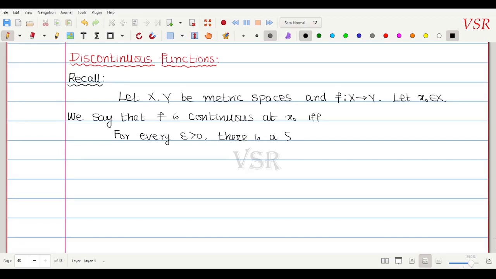This delta depends upon your x naught as well as your epsilon positive,